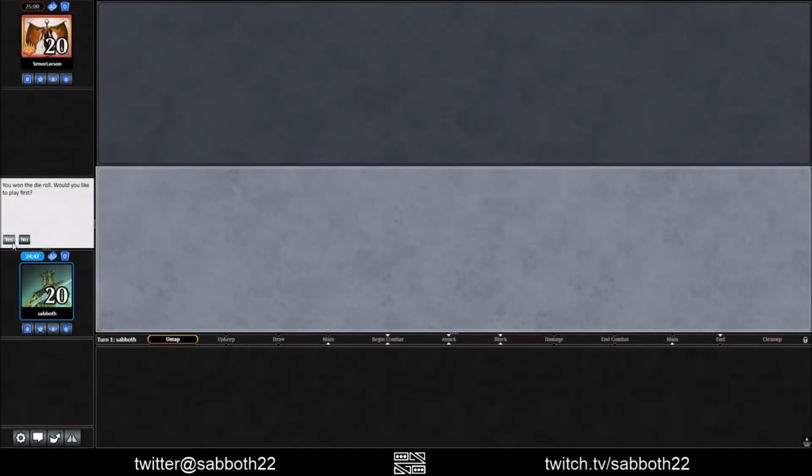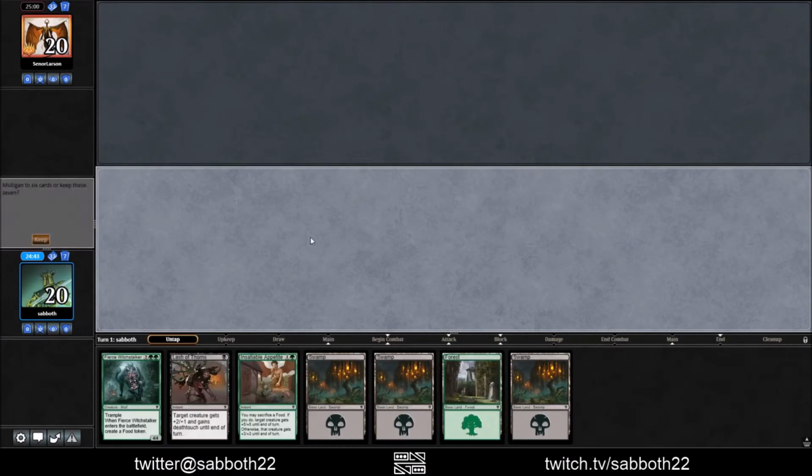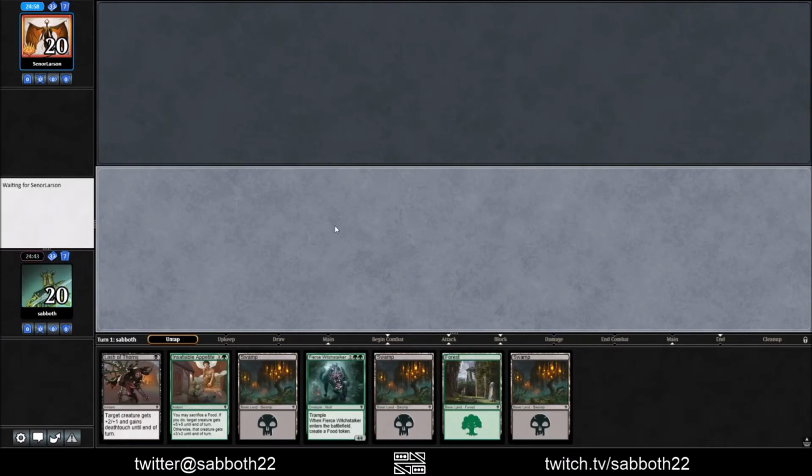Round 2 versus Senor Larson. I'll play first. And good prospects here. We just need one more green source. We have 8 more in the deck. Or maybe we can just draw something else. 9 more in the deck. Because we have